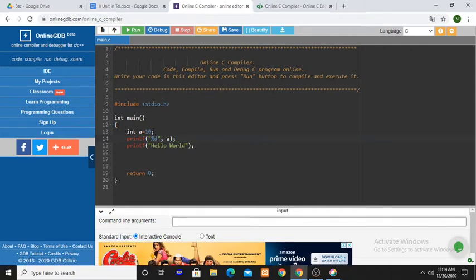The first statement is executed and then automatically the second statement is executed and then the third statement is executed. Sequence, one by one. There is no skipping. No skipping of instructions. No skipping of statements. No one is missed. All the statements are executed one by one. Okay.